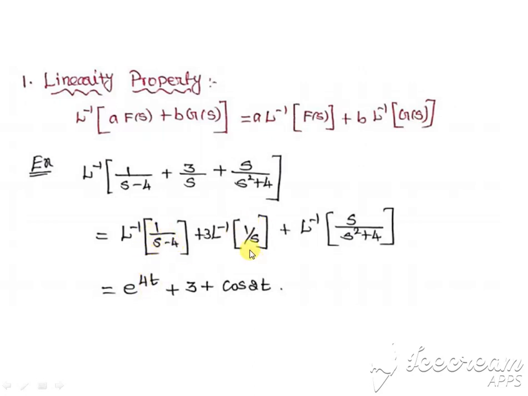1 by s is nothing but the Laplace of 1, so for that 3 into 1. And with s in the numerator, it means cos. Here the a square term is 4, so a is equal to 2. So cos 2t. So next property,